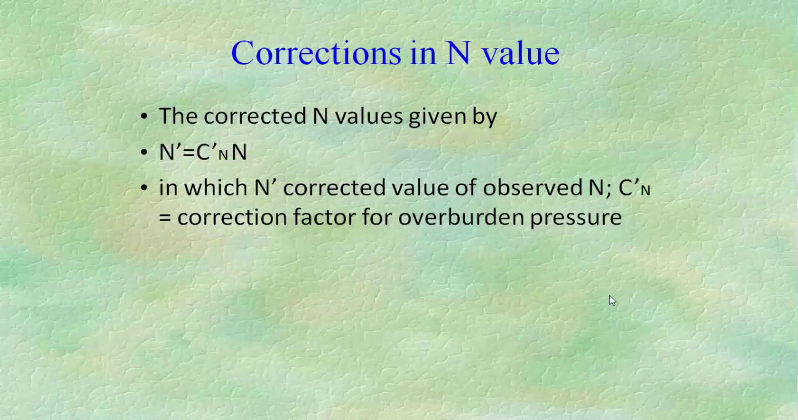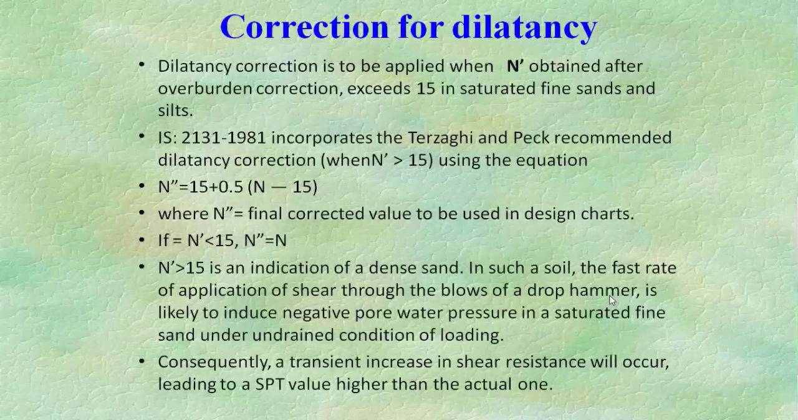So the corrected N value is given by N dash equal to C dash suffix N times N, where C dash suffix N is the correction factor for overburden pressure. So next is the